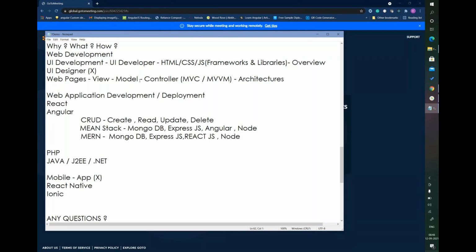So all we have to do with whatever skills we are learning, that is nothing but web development. But you are focusing on the UI side, which is like the front end. Front end is nothing but you are taking care of things with respect to the web browser. So in the web browser, HTML, CSS, JavaScript are the main things.